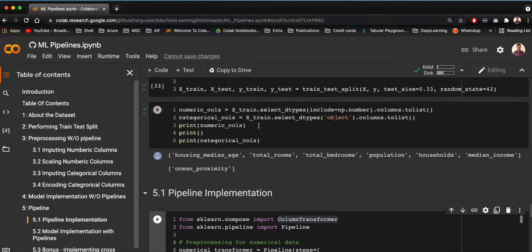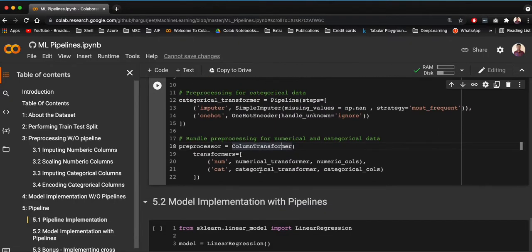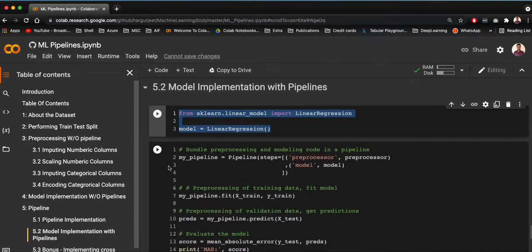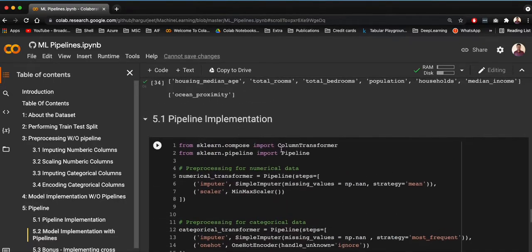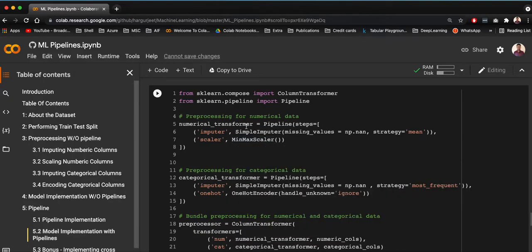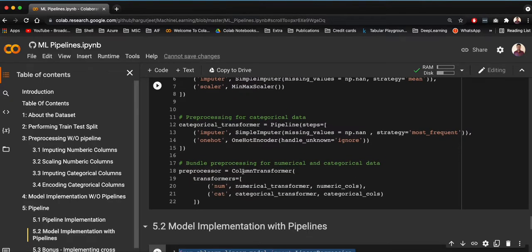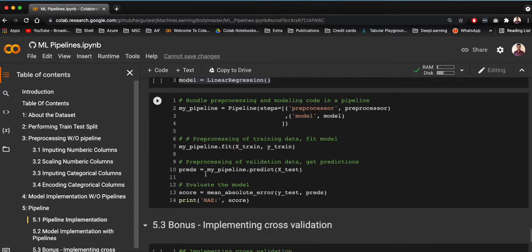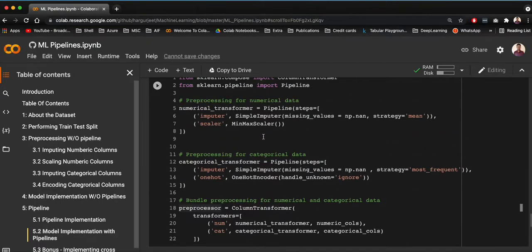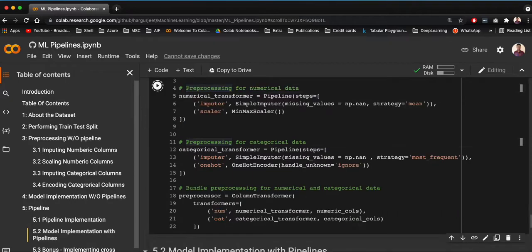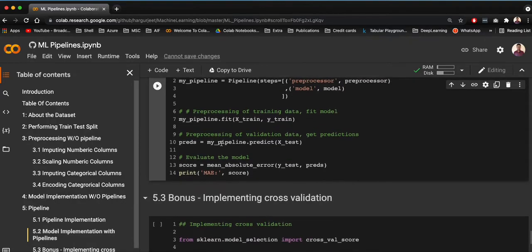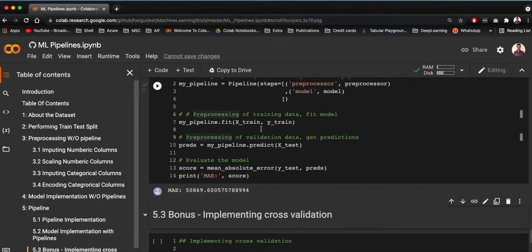So performing these steps, your complete pipeline is done, right? And you just call the linear regression model, and now you define a variable my pipeline, and you just call all these steps in one step, right? So all this defined above, the preprocessor, you can basically call it directly here, and again you have defined a model here, you can call it directly here. So let me quickly run these cells just to show you how the output would look. So this is done, this is the model, and that's it. In 3 cells your model is trained and you get the output.